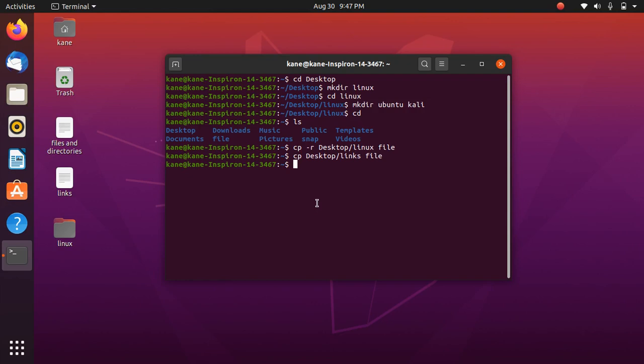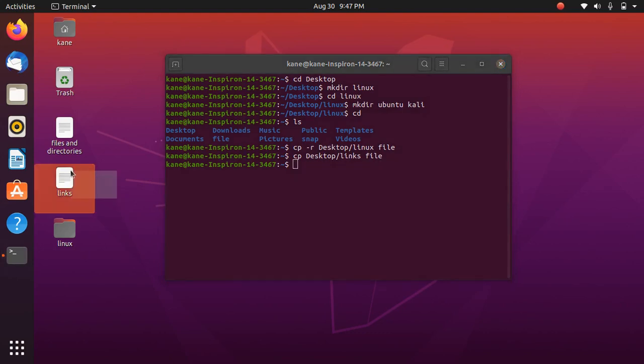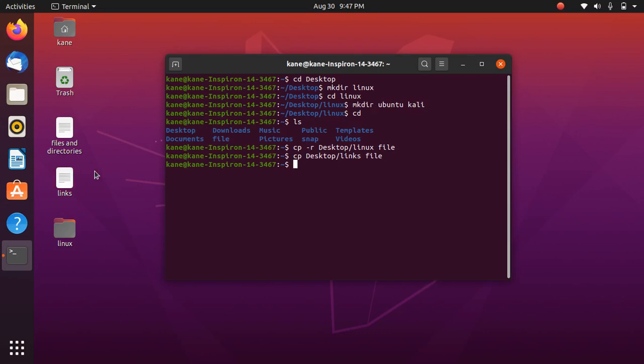Next we have the move command. If you want to move a folder into another folder, then you can use the move command. I am not talking about copy, because copy will simply copy that file into another folder. It will not delete the file, it will just create a copy. Move is similar to the cut command or cut option in every operating system.